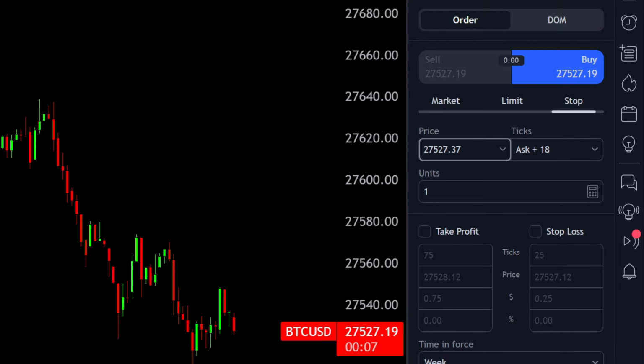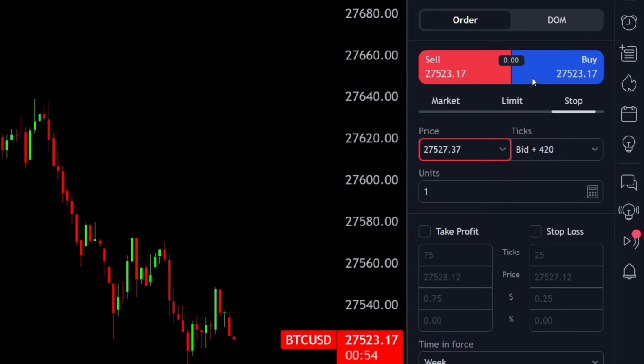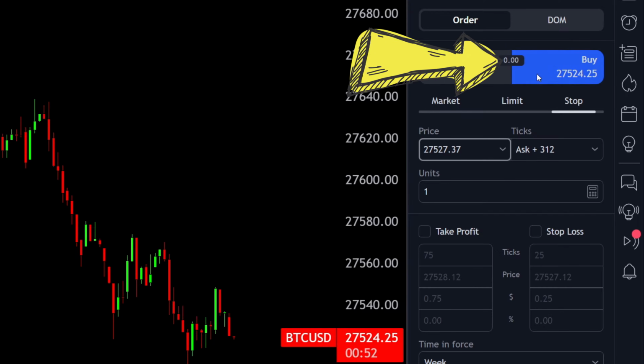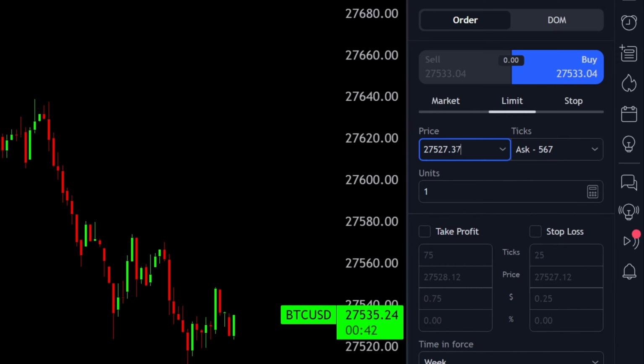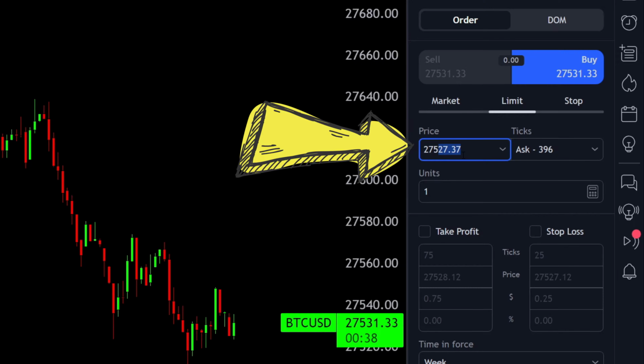So what we do is that we go up here to our order tab for the paper trading, and we want to make sure that we are on the buy tab. Then we go down here to where it says limit, for short limit order. And remember what the limit order does? It basically makes us place a buy order at a certain level. So let's say we place a buy order at